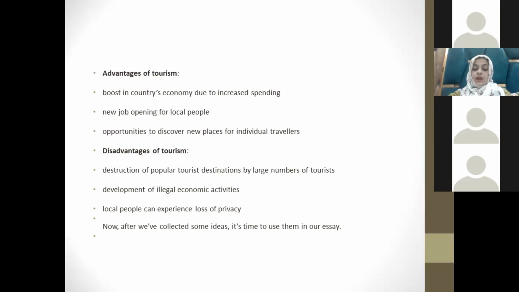You can create those disadvantages, but it should be based on facts and figures. It should be relevant. Make sure you don't give a fact that you cannot justify, because moreover, when you are giving a point, a disadvantage, you need to give an example. The example is going to justify that you are giving a disadvantage. For example, the development of illegal economic activities, when more and more tourists come,